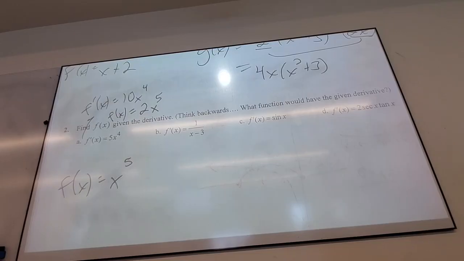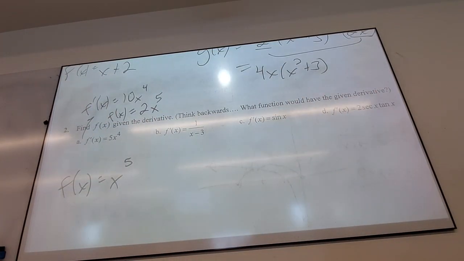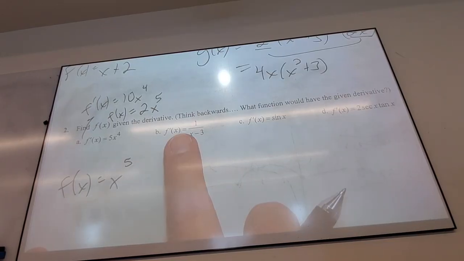Especially give yourself a break if you've never done derivatives backwards before. Okay. Part B. A and B are both, I agree, A, B, and C. C's got one little twist to it, but A and B especially are easy because they are directly derivatives of something. There's nothing to adjust. There are no things to add. Where did this come from?